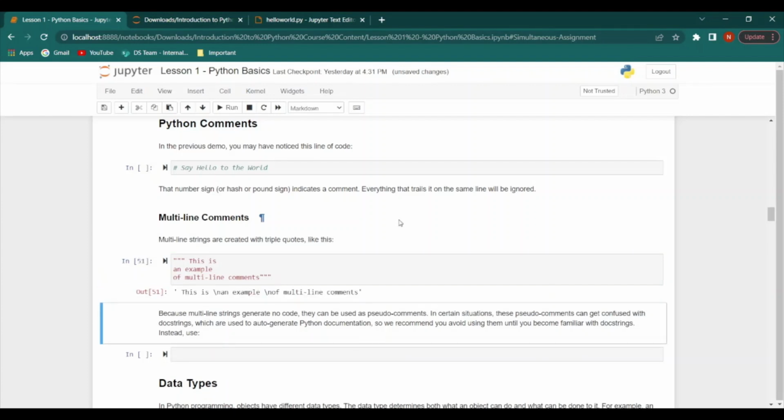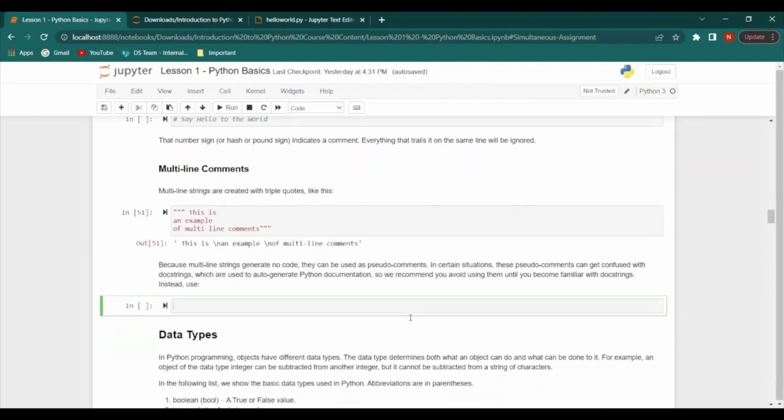So when we run this, we see that Python just displays the same thing, but not really as a code. Since multi-line strings generate no code, they can be used as pseudo comments. But in certain situations, pseudo comments can end up getting confused with docstrings, which are generally used to auto-generate Python documentation. Another way to write the same comment is like this: